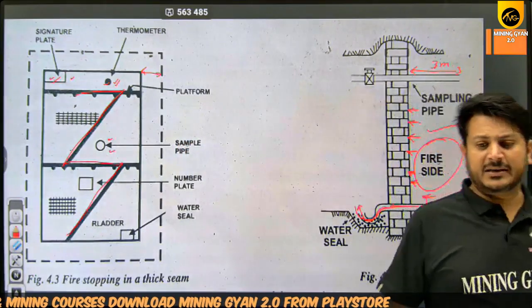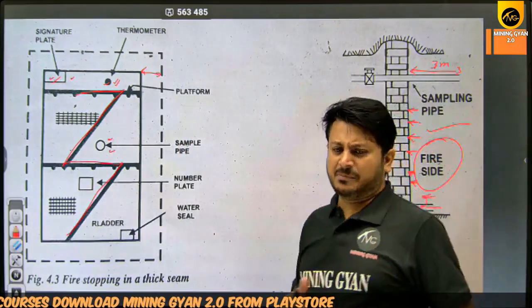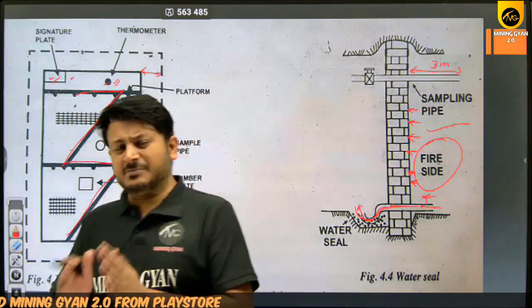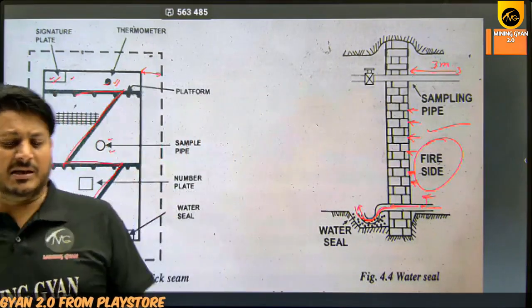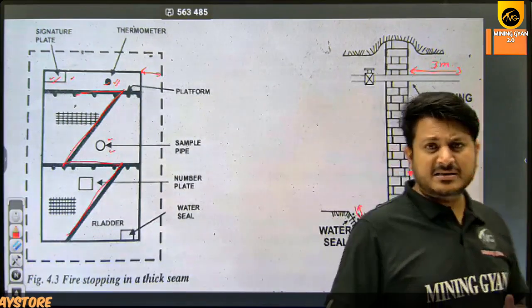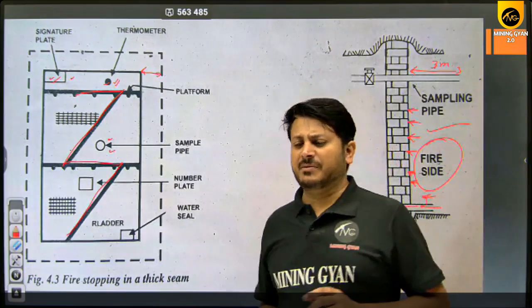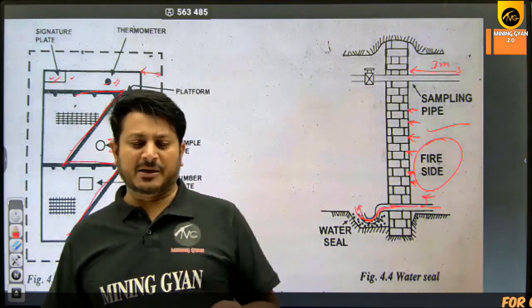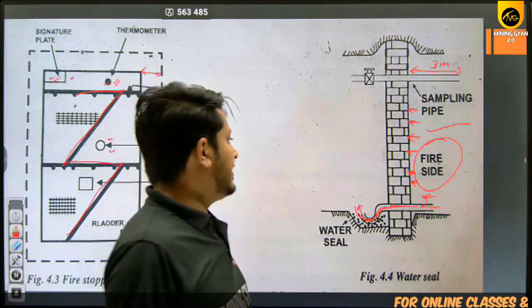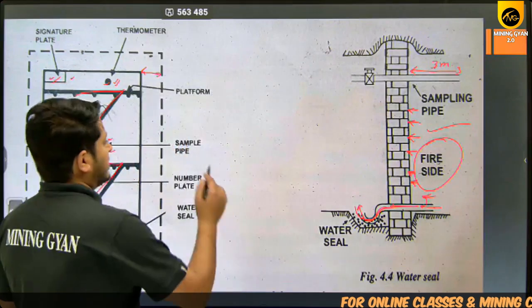और यह कब तक करना है, जब तक कि आपका ऑक्सीजन का परसेंटेज गिरते गिरते 5% से कम ना हो जाए और मीथेन का परसेंटेज बढ़ते बढ़ते 30% से अधिक ना हो जाए, तब तक यह काम करना। और जैसे ही यह हो जाता है तो आप हर 48 घंटे या जितना लंबे समय में चाहते हैं उतने लंबे समय में आप क्या कर सकते हैं, आप सैंपल्स कलेक्ट कर सकते हैं। तो ये था पूरी कहानी आपकी स्टॉपिंग की।